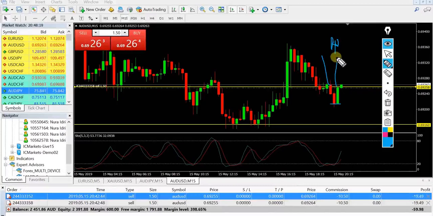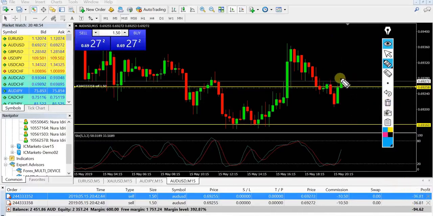Then I immediately identified this resistance point, where I placed a sell. When I placed the sell, this candlestick broke to this one. Now it's trying to break this resistance point, and if it breaks this resistance point outside, then I have to close this market with a loss. Yes, I have to accept that I entered a bad entry here. If this market continues going up and breaks above this place, I have to close this market,